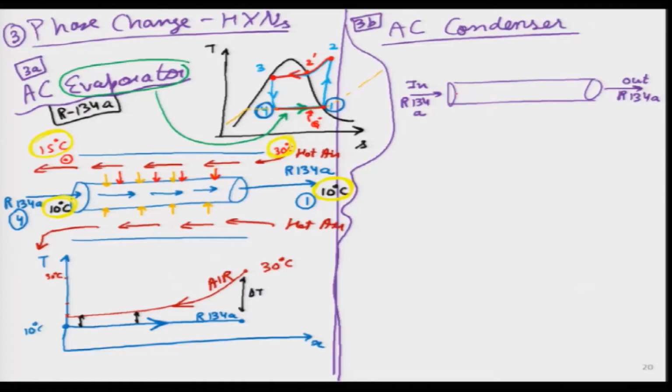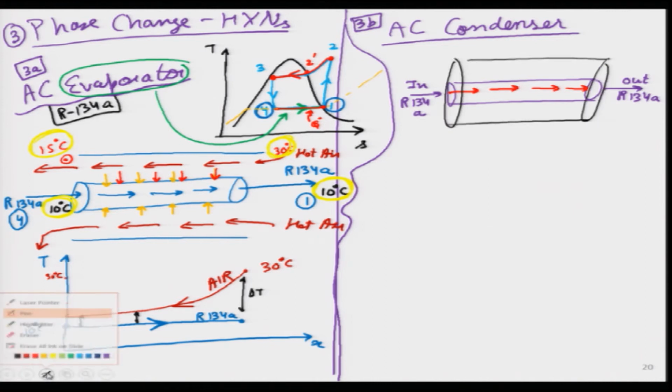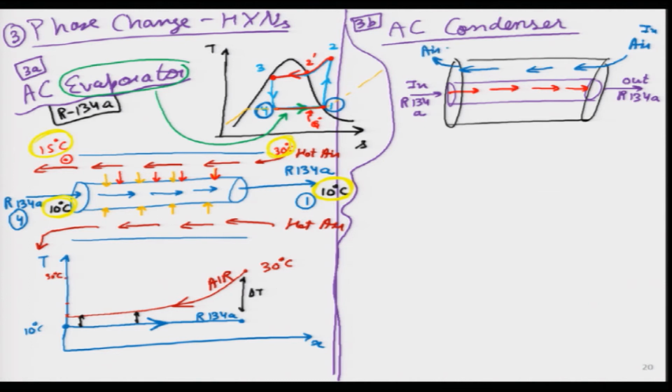Which means I have to draw, according to my notation, with a red arrow, because this is the hot fluid over here. And then in the surrounding zone around it, I am going to draw that in the outer annulus of this big pipe over here, that air is entering. So, this I will draw with a blue arrow, because it is going to be colder than this refrigerant. So, air enters at the inlet of air over here, and then air comes out at the outlet over here.